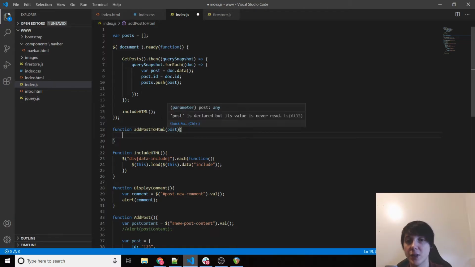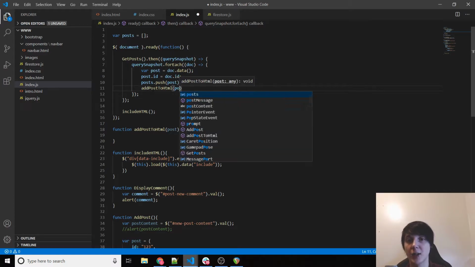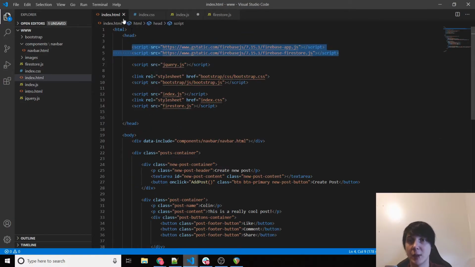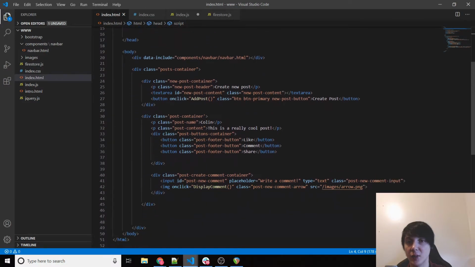So we have not been typically sending variables into functions, but basically it's really simple. All we need to do is type addPostToHTML and then in brackets send post. And now our addPostToHTML function has access to this post variable. So we're just going to go to this index.html page and we're going to find this new post container